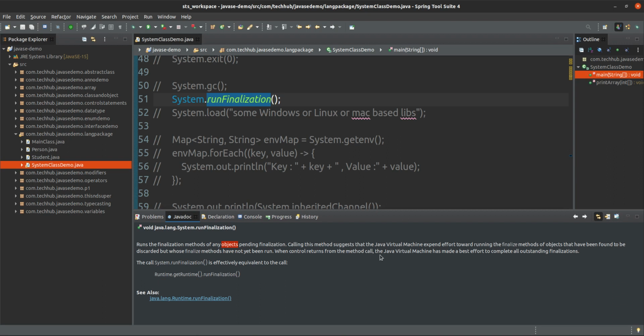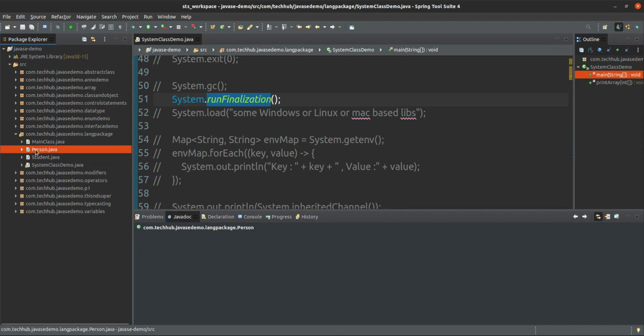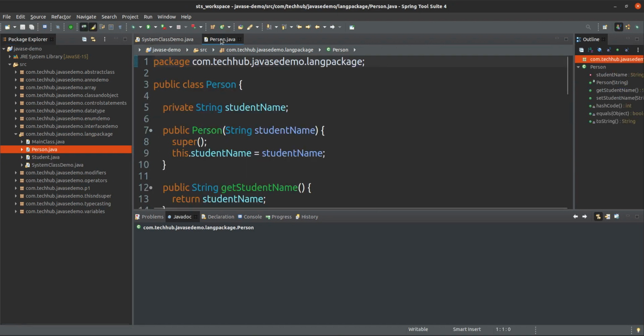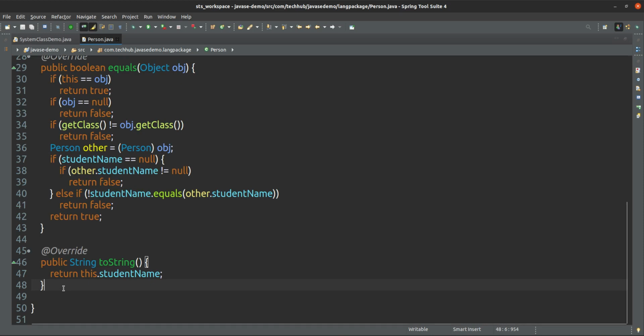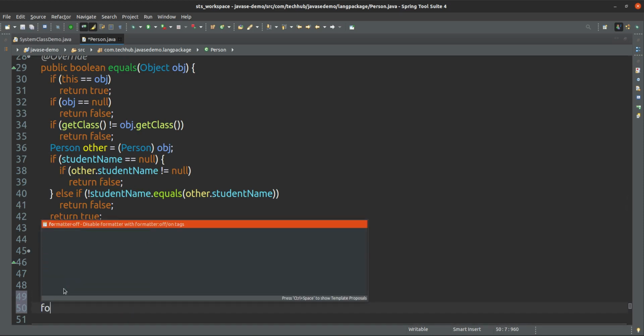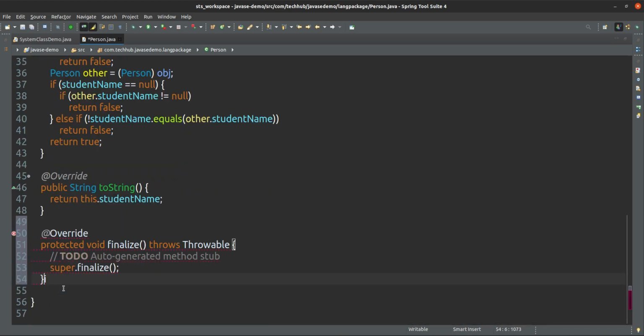Calling this method suggests that the Java virtual machine expend effort toward running the finalize method of the object. The finalize method will be inside your Java program. Suppose this is a person class. If I want to override this finalize method, I can do that.